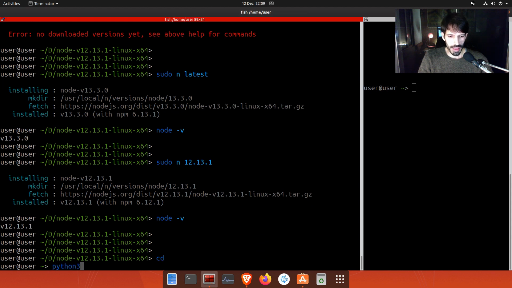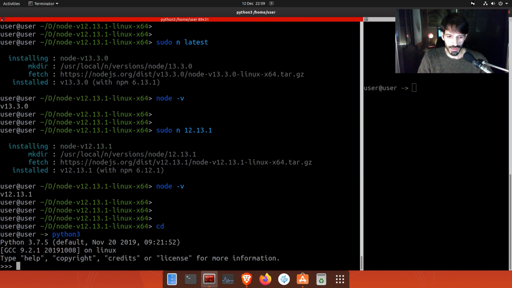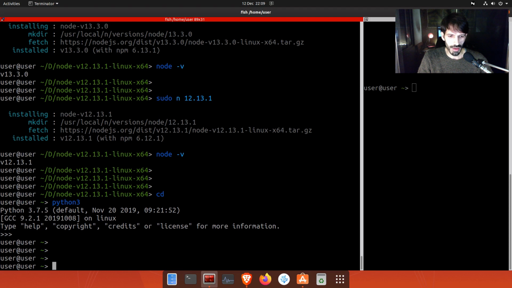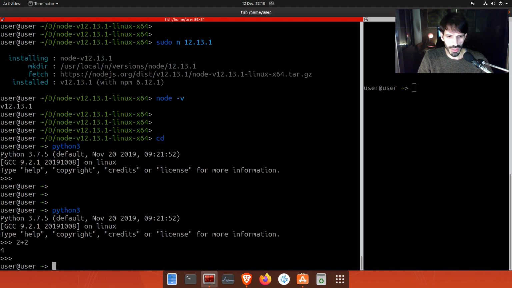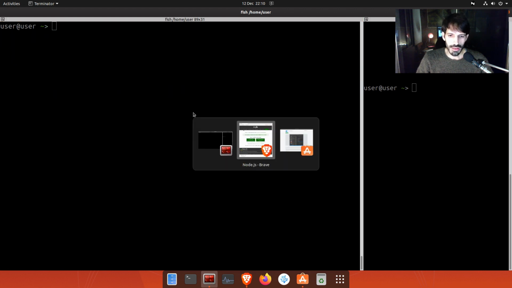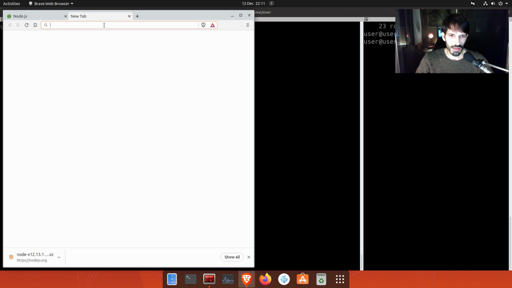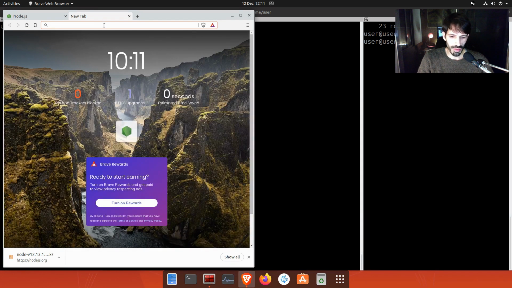Okay, Python comes pre-installed by default. It is quite similar to Node.js. You can run the same kind of commands as you would run in the REPL with Node.js. So what else? Let's look at another language that a lot of people use to develop servers and backends, which